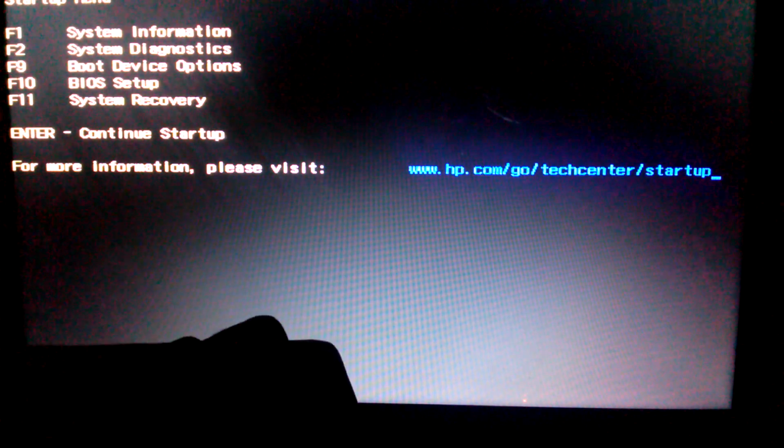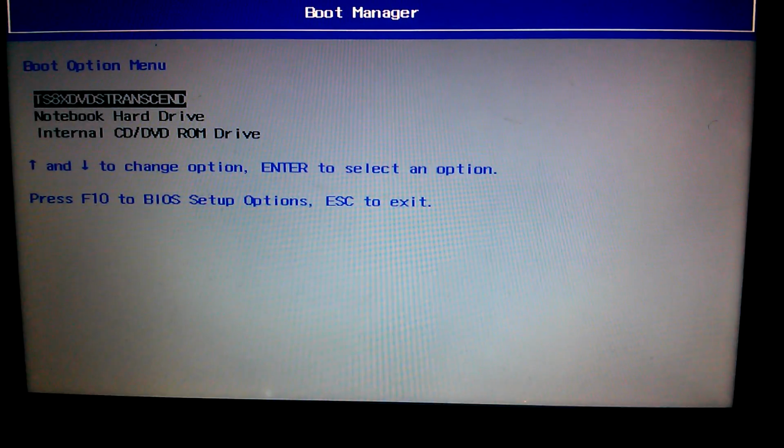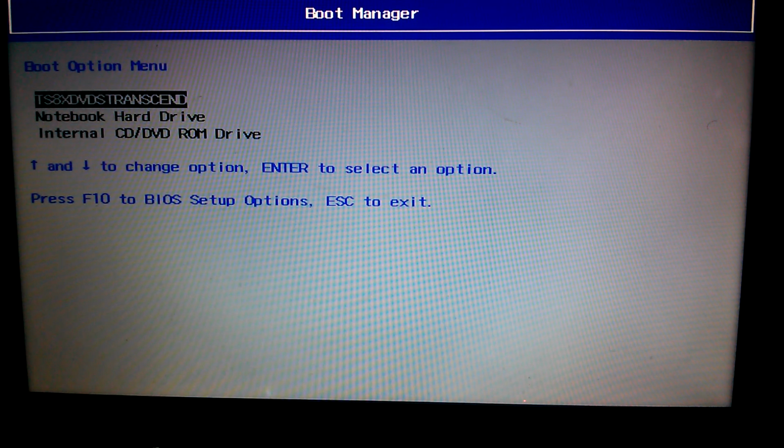You have to set up your program in the booting device option. Then, as I can see on my booting device manager, I have three booting options. The first one is the network notebook hard drive. I have the internal CD drive, which everybody has in their own system. But today, I told you that I'm not going to use the CD drive. I want to use an Android device, which is, you can see the name there, the first option on the screen,